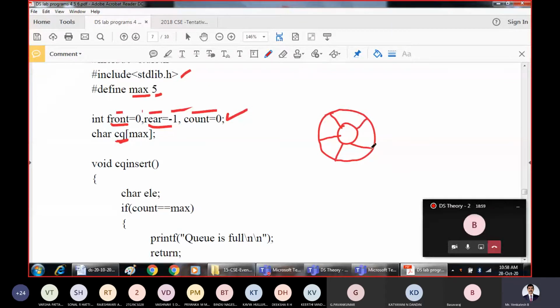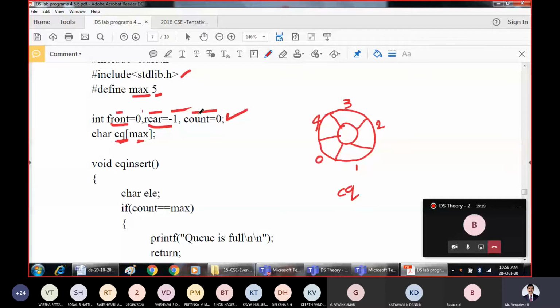So 5 locations are there in the circular queue. Let us say index 0 is here: 0, 1, 2, 3 and 4, and this is our circular queue, CQ. What size have we taken? 5. So there are 5 locations in the circular queue.